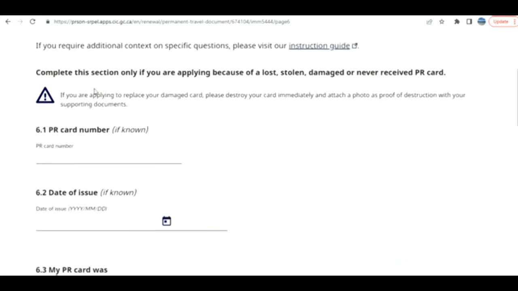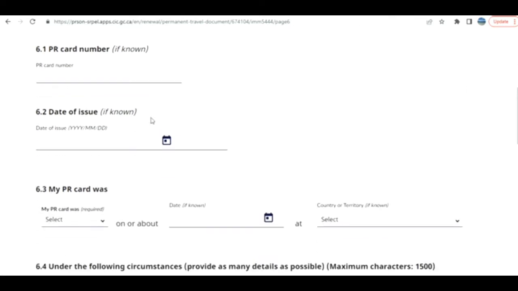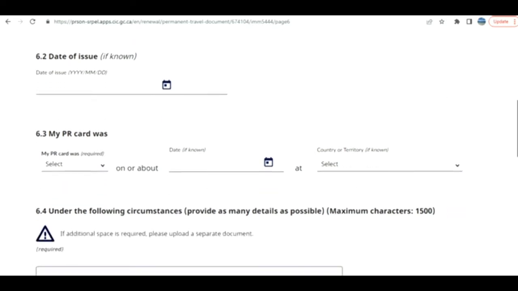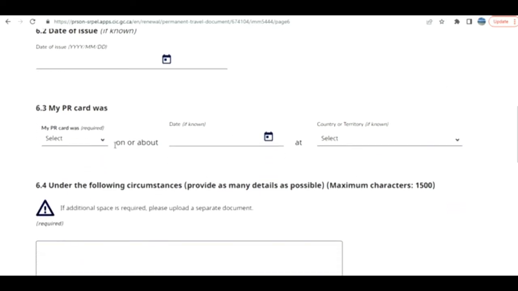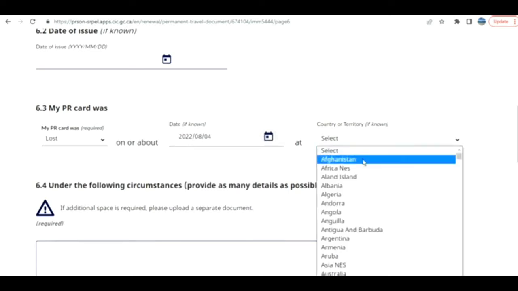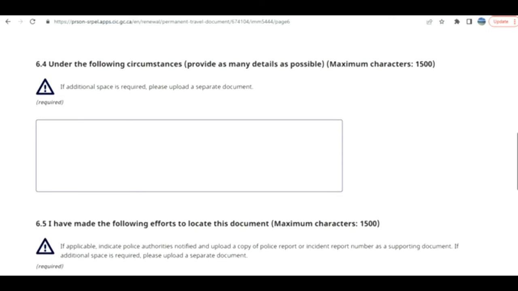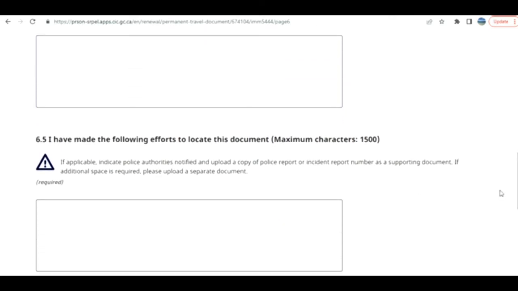Okay, now in the next page, because I selected card lost or stolen, it is asking for these details. These two are if known. For this sample video I'm not gonna fill, but even if your card is stolen, everyone carries a scan or some copy, so provide that information. This is gonna help your application. So PR card was lost, date if you know, just sample guys. Provide the information and what efforts you have made,